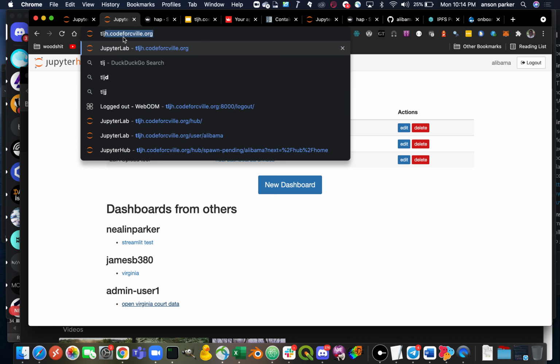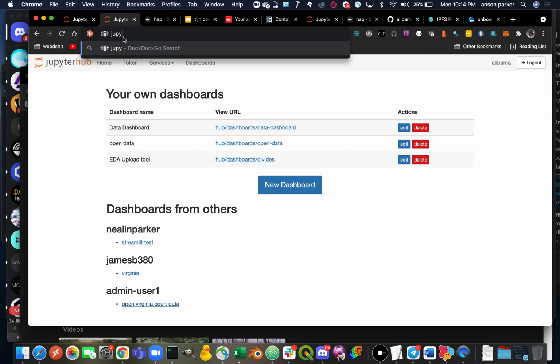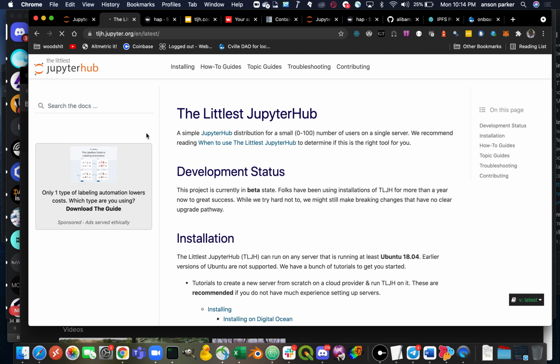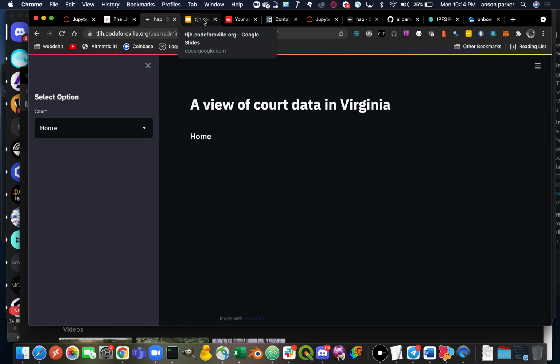We're based on the littlest jupyterhub. Just so that you're familiar with what we're running, this is our backend. It's a pretty standard distribution, and we fired it up. This is what it looks like. Stuff that's a little different that we've added in here that I'm kind of excited about is